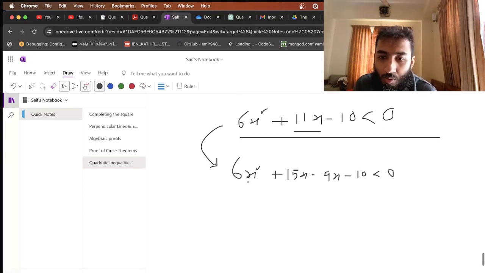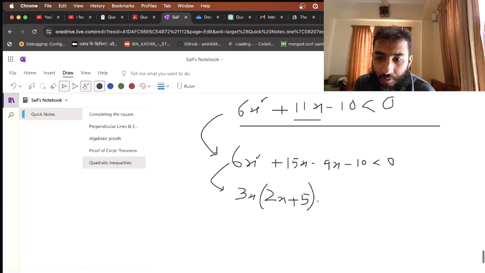Or we can use, what can we take common from 6x squared and 15x? 3x, right? 3x into 2x. So the multiplication of 3x and 2x is 6x squared plus 5. And what can we take common from 4x minus 10? We can't take 4, but we can take 2. So you can take 2 into 2x, and minus is plus. So 2x plus 5